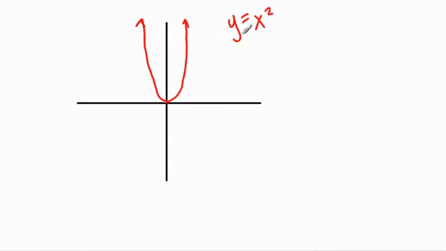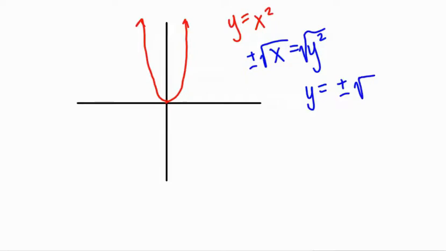The inverse of y equals x squared: we reverse the inputs and outputs, and then we solve for y. So we would square root both sides. When we square root both sides, we have a plus or minus. So the inverse of y equals x squared is y inverse equals plus or minus the square root of x. Well, the positive square root of x,